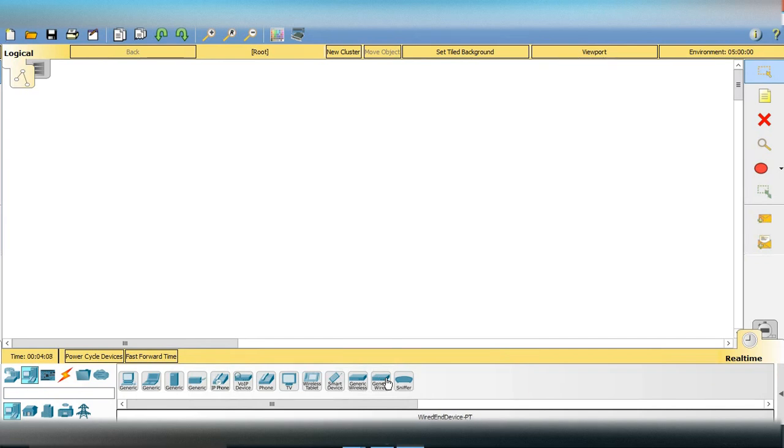Just like a workflow tool, this is also a simulation tool with which you can create a virtual simulation lab environment of networks and try the communication between those. So let's create two different networks and see how to communicate between them. So let's take a router. For two networks, I'll keep two routers here,